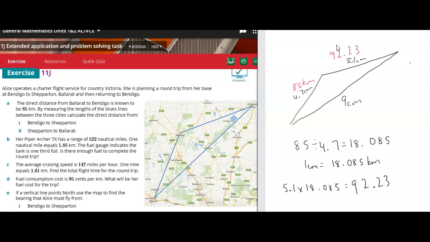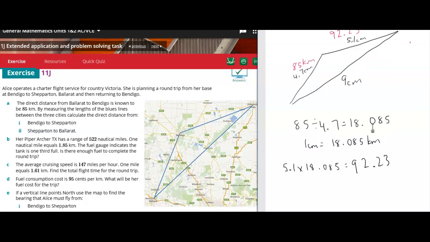Okay, so this length here is 92.23. And then let's do from Shepparton to Ballarat. So we do 9 times 18.085. My handwriting's neat. I'm probably going to jinx myself now. Okay, so 9 times